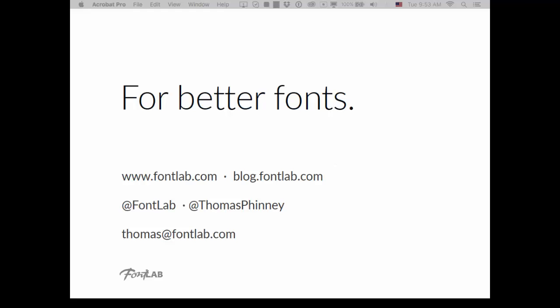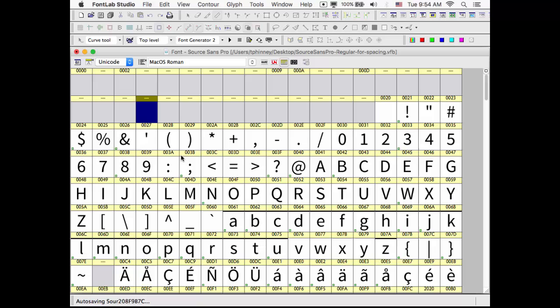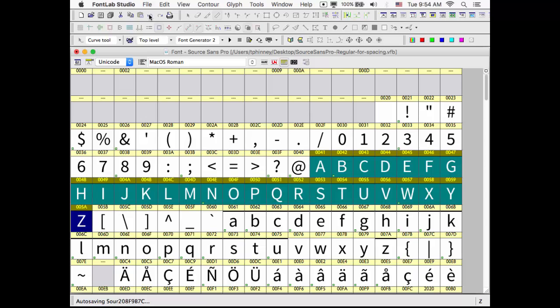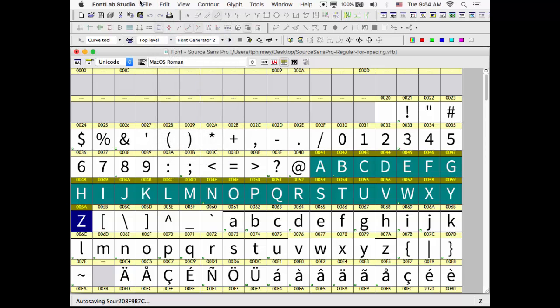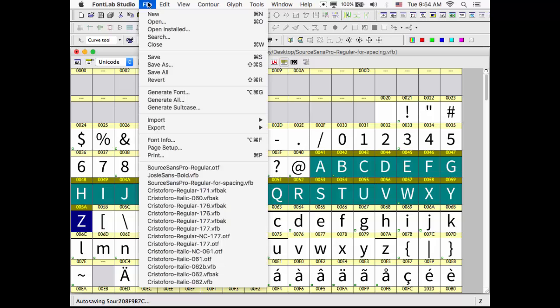And, oh, there's a good question. Is there a way to quickly paste the same spacing amounts to a bunch of fonts? And let me show you something. And the answer is yes, either within a font or across glyphs. So I could, for instance, do this. Hit copy here. This is the version I spaced, and